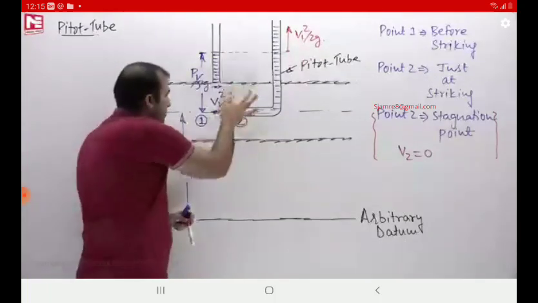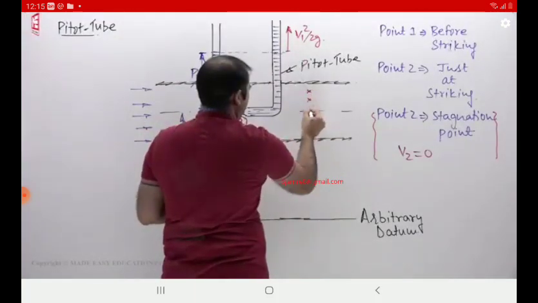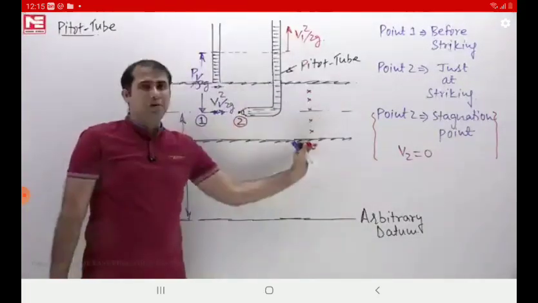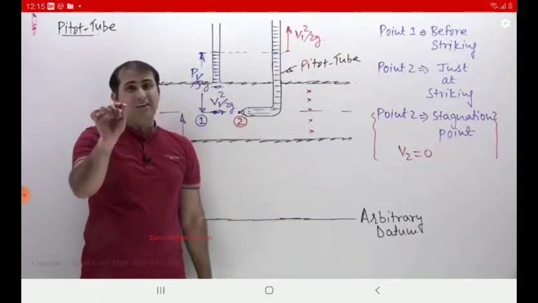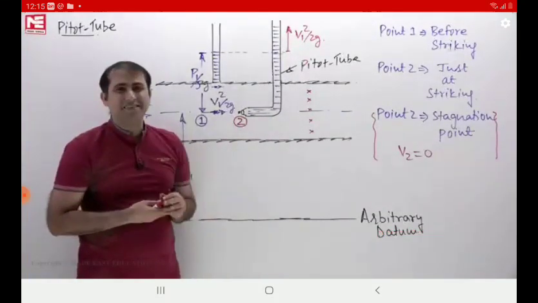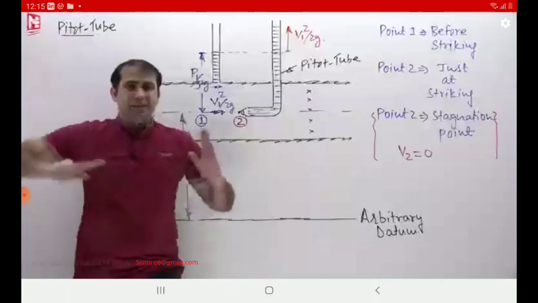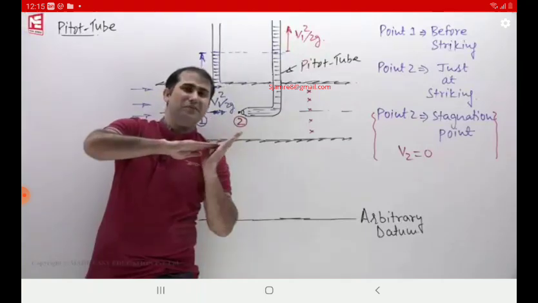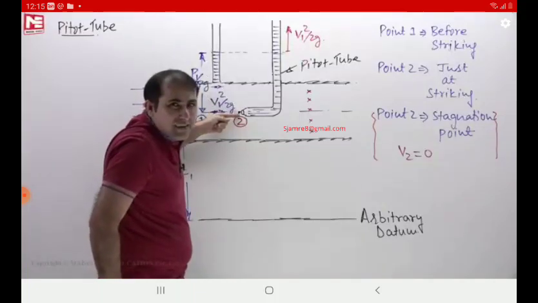And if you can find the velocity at every level, then ultimately, if you calculate the velocity here, here, here, here, and put the pitot tube here, that means you are in a position to measure the velocity and easily draw the velocity profile experimentally. So this is a device, my dear. It is like this: the flow was coming, you stopped the flow, and as soon as you stopped it, it showed its effect here. So when the flow is coming this way, the flow is going to stop here. Stagnation is this.